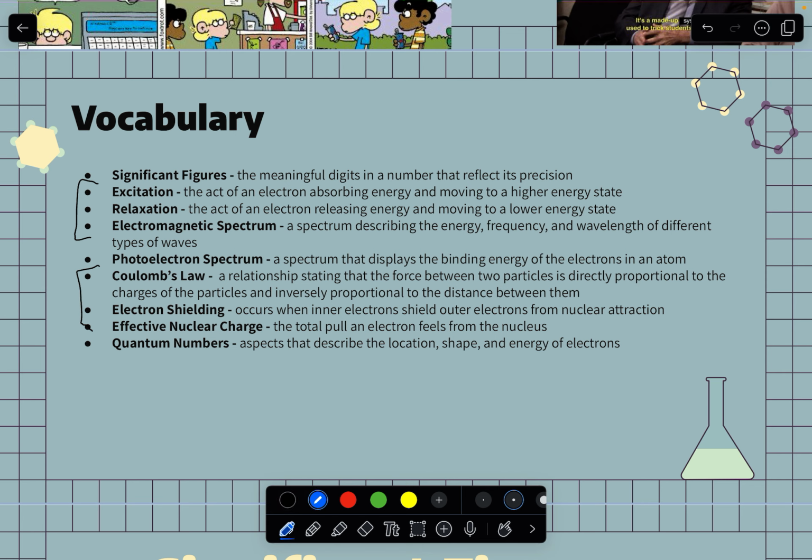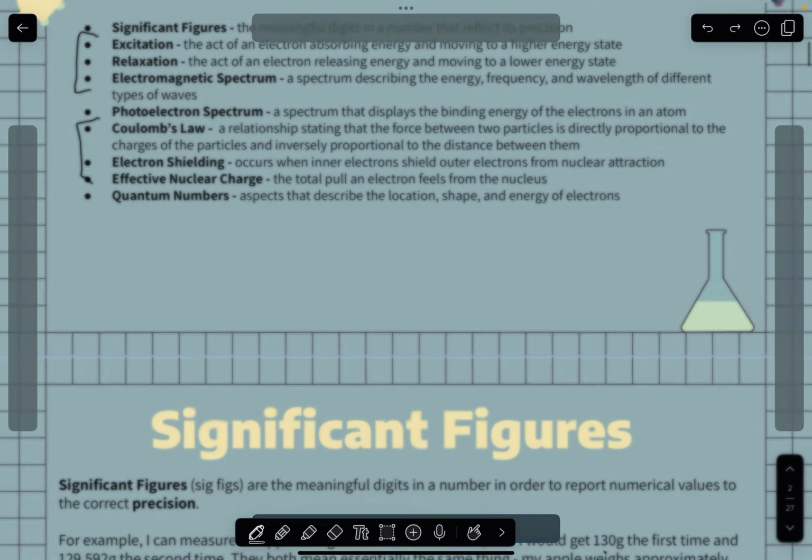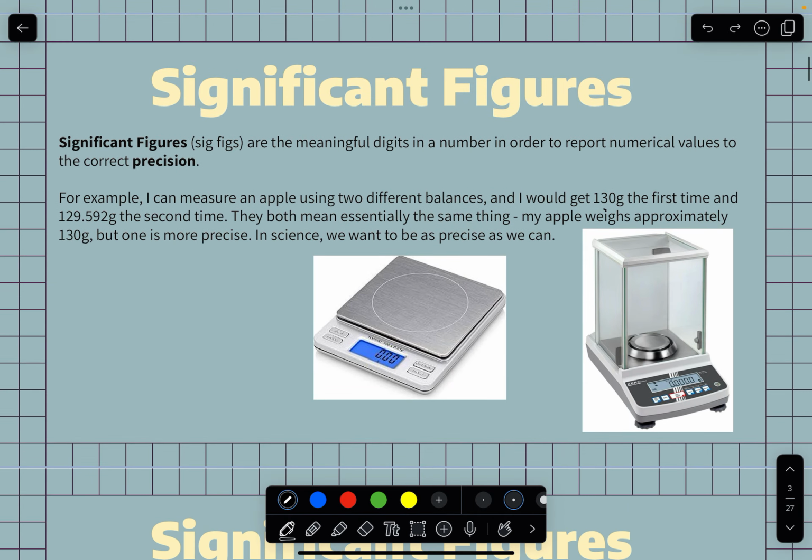A lot of what we're talking about, this whole section, is going to look at electrons. Significant figures is going to be a separate little bit there. So starting with significant figures. Significant figures are the meaningful digits in a number that is reported from an experiment or from lab based on